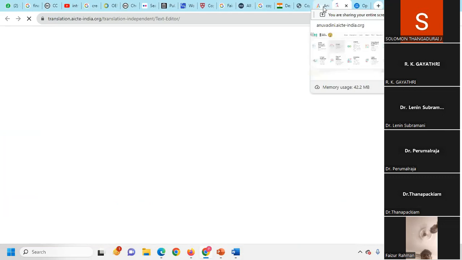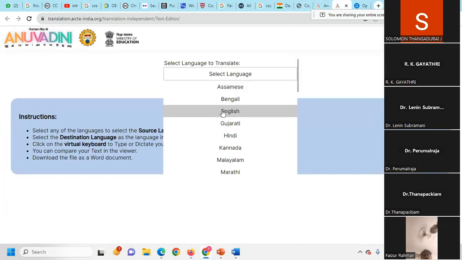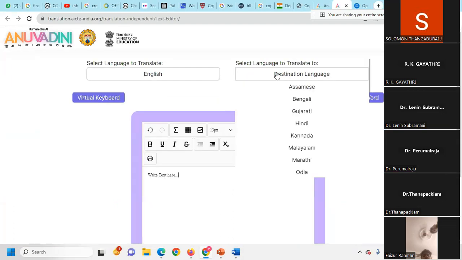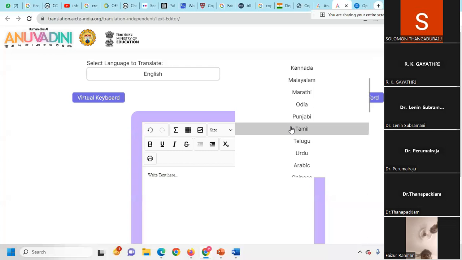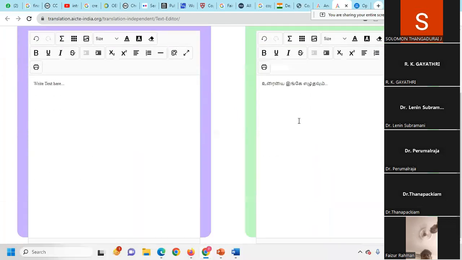In the Chuki it will be like a normal Google Translator. Here you can type and translate content into our regional languages, okay. So this is the thing. First of all you need to choose which language you are going to translate, from where to where. For example, I'm putting English, so destination language I'm putting Tamil. So if I'm typing here, on the next page the translation will happen directly.